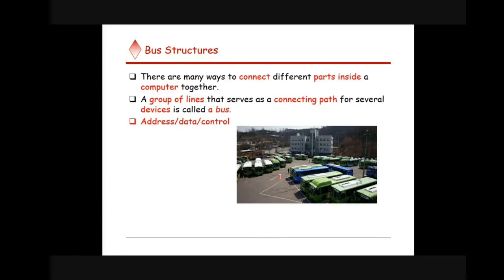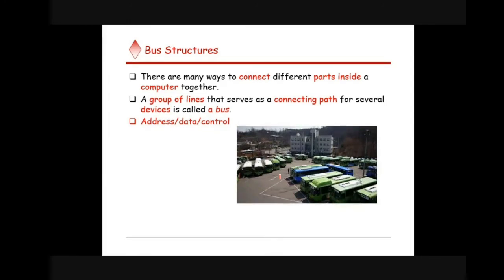You can see there are many lines to connect different parts inside the computer. Read only the red line, that itself will give you a clear idea. Connect parts inside the computer. A group of lines connecting devices is a bus. So the different lines connect together and make a bus. The next point is completely new. What are the things you can carry inside the bus? I already told you, the data present inside the memory will be taken to the processor. So the data part we should transfer.